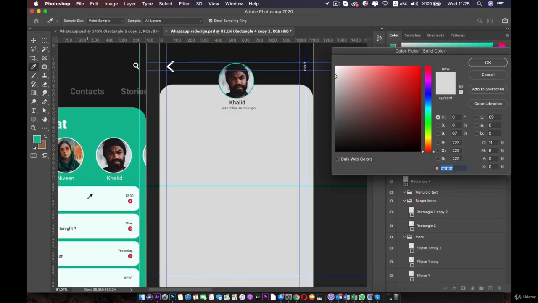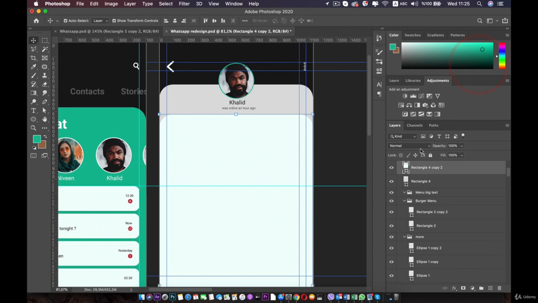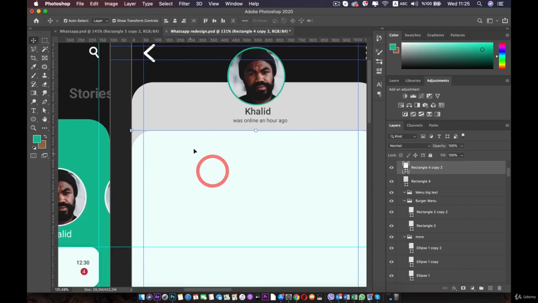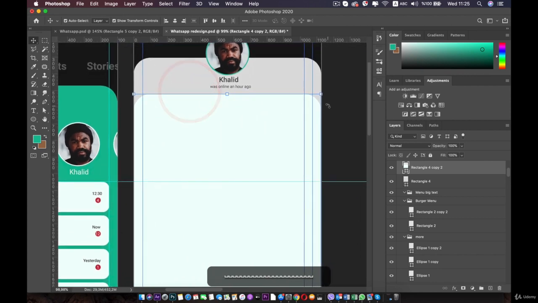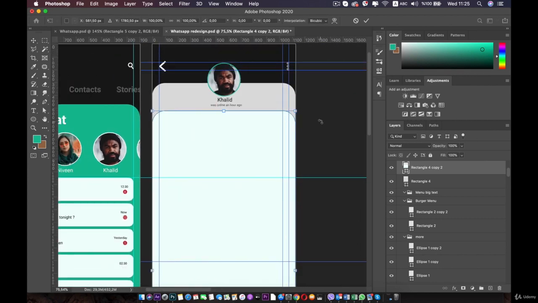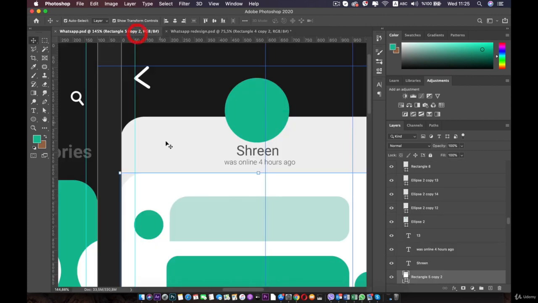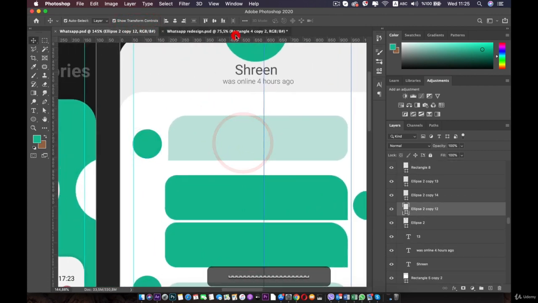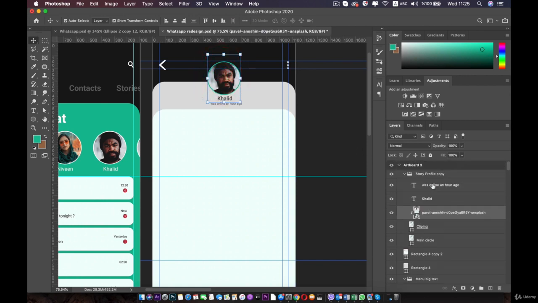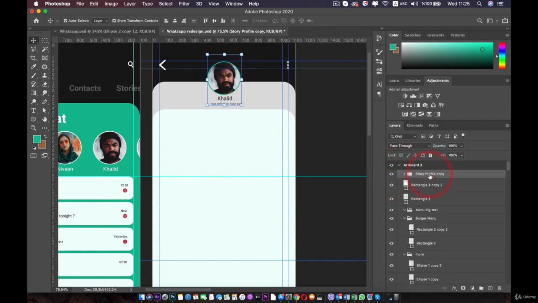Okay, double click on the copy of the background that you created and get the color from here. Now we have a white that is a bit greenish, and we are okay with this. Okay, now we are done with this one. The next thing we are going to do is create the profile and the message area, which is this one and this one. So for that, I'm going to duplicate this profile that we have, click on it, Command J,